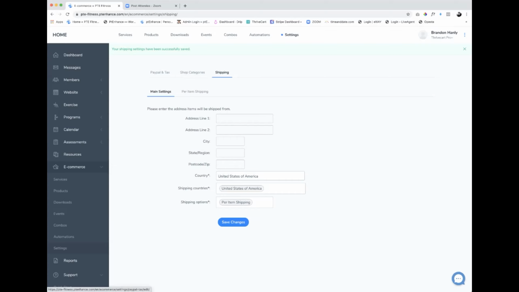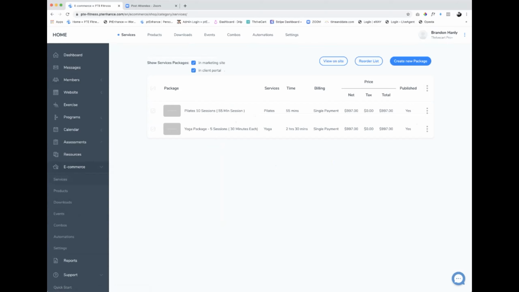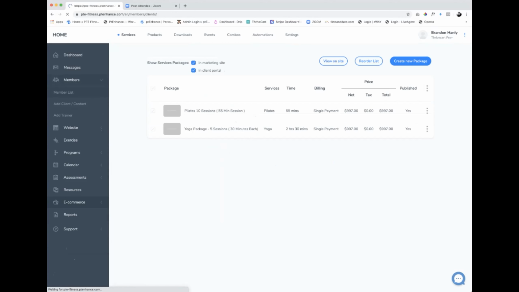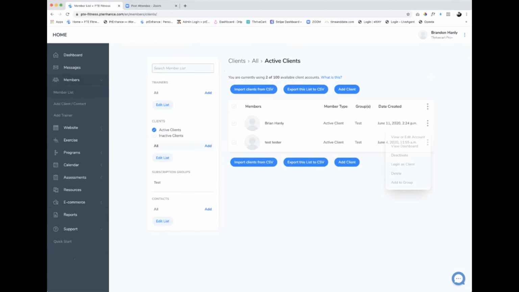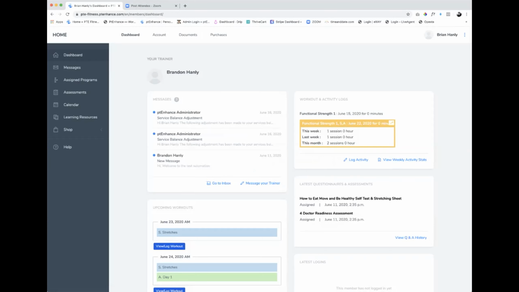and then once you're done here, next time your client goes in, I'll show you real quick what that would look like. Go to a member list. And I don't even know if I have any test products, guys. I just created a new account. So actually I do. So let me go through that real quick. So what she's asking is if I go to my member and I were to log in as a client real quick under Brian and go into up here under shop, go under services,